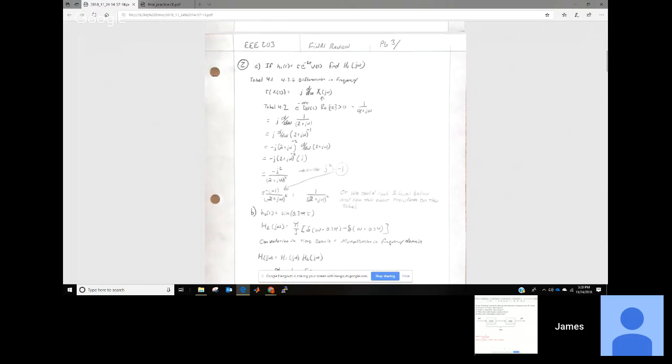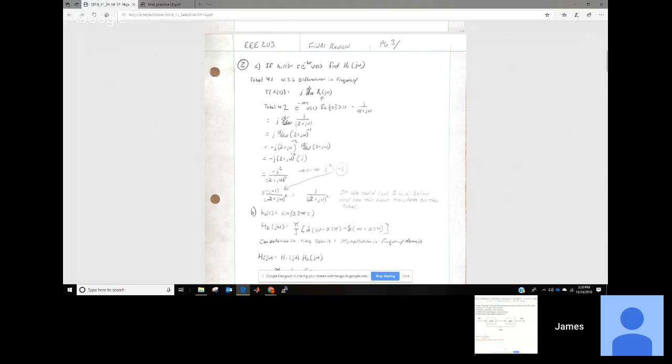From table 4.2, it's easier to use the table to do the Fourier transform. We see that e to the negative alpha t times the unit step function is 1 divided by alpha plus j omega. You can put it in the integral and crunch out the transform, but you'll see these e to the alpha t's quite a bit, and it goes to this form right here. So plugging that in up here,